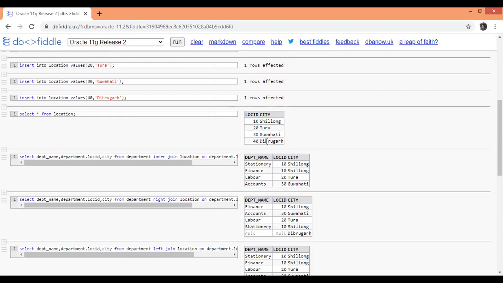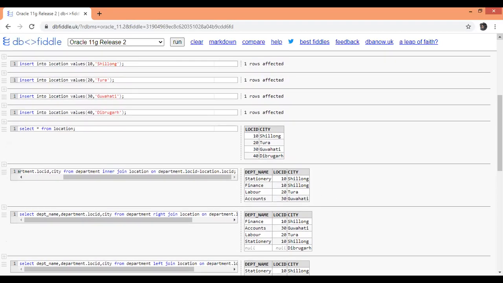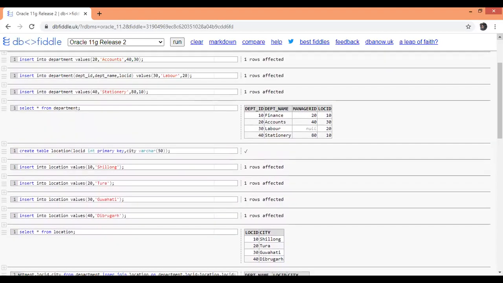So we first went for the inner join. Same query: we have selected department name, department dot location ID, city, from department inner join location on department dot loc ID equal to location dot loc ID. So we need to check what matches there are.